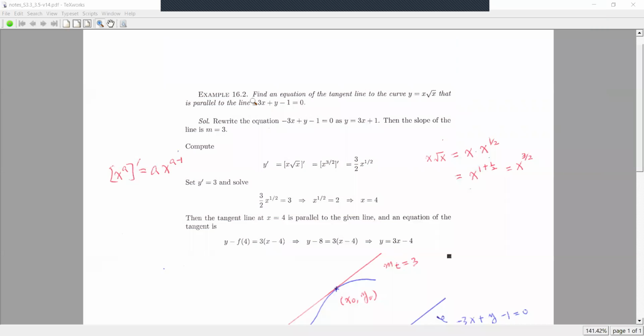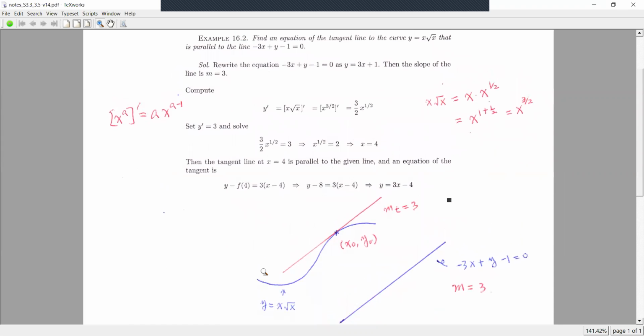Example 2. Find an equation of the tangent line to the curve of this function that is parallel to this line. About this line, if we move -3x and -1 to the right side, then we see that the slope of the line is +3. To help myself answer the question, now I